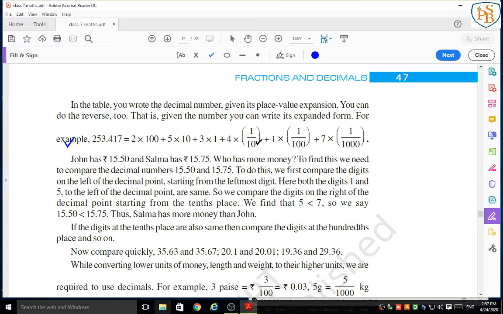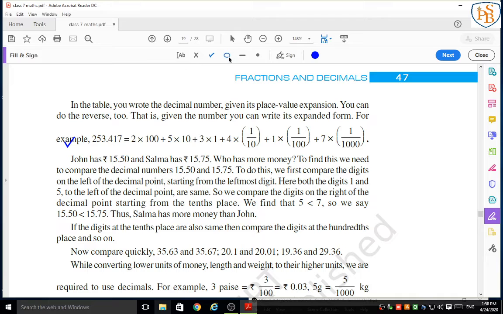Look at that, the denominator shows the sign of a decimal number, so we have to put it in the form of multiples of 10. The first place shows the tenths place, so instead of that we have to write 1 upon 10. So the place value of 4 is 4 into 1 upon 10. The place value of 1 is 1 into 1 upon 100, because 1 is at the second place, the hundredths place. 7 is at the thousandths place, the third number after the point, so we write 7 into 1 upon 1000.